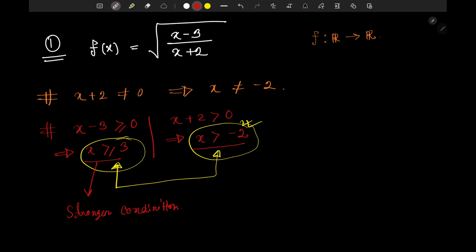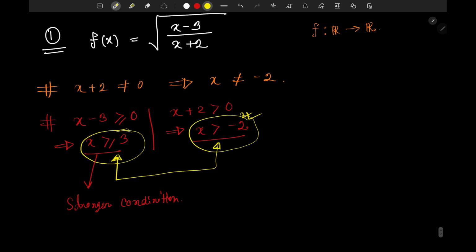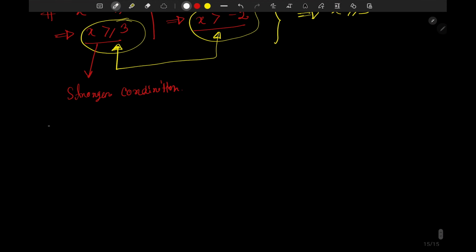So this is my stronger condition. From considering the fact that both the numerator and the denominator have to be positive, we get a conclusion that x is greater than or equal to 3. Okay, and now we do the same for the negative case,